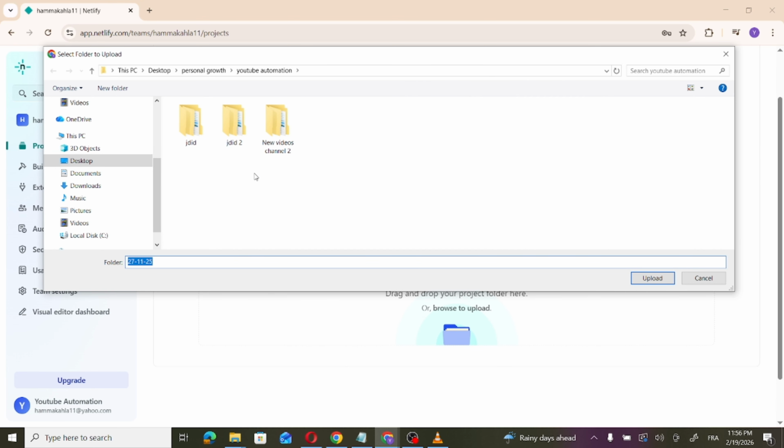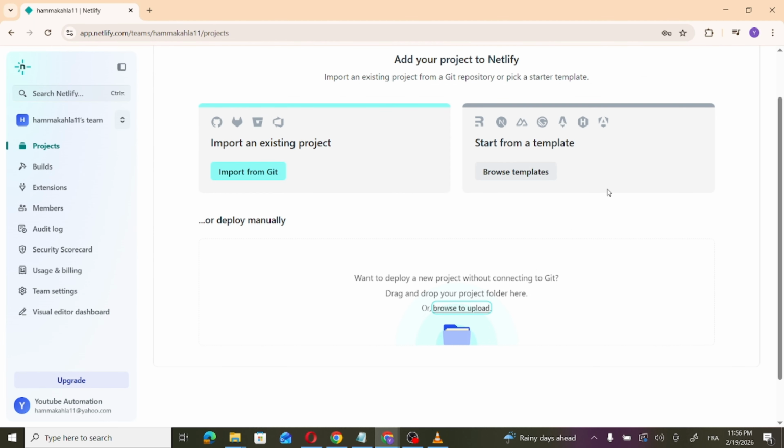here, upload the file as I told you, and then press on upload, and then it will take some time to deploy it. After it finishes, you can see all the files are deployed, you can see the deployment logs and everything, and then just press on publish and it will publish it and host it inside Netlify, and that's